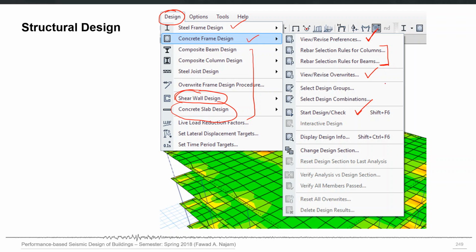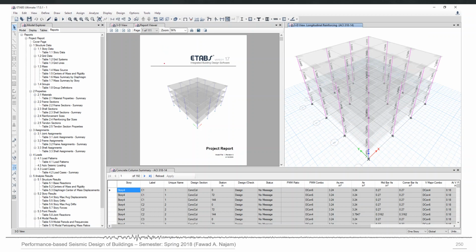So once you run this design, the software can generate different reports for you, and it can have all the different ways of visualizing or reporting the results. You can view the design results graphically like this, or in a tabular form like this, or in a report form like this. So there are several ways where you can visualize the design results. The latest versions of ETABS basically provide you a very useful interface for visualizing and processing the design results. So I recommend you to go through all of these options and check the reports also, automatically generated reports.